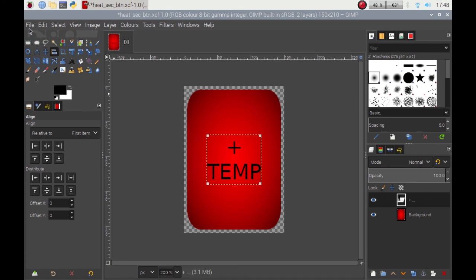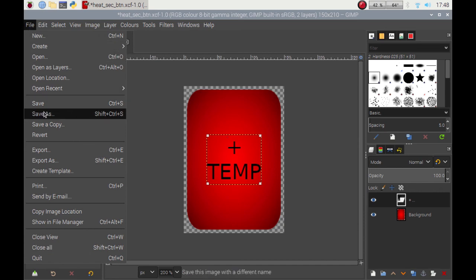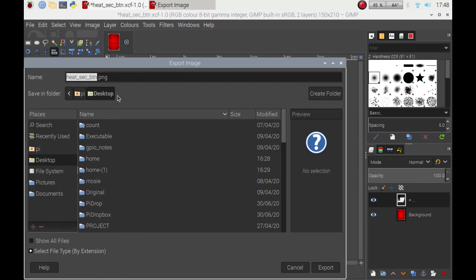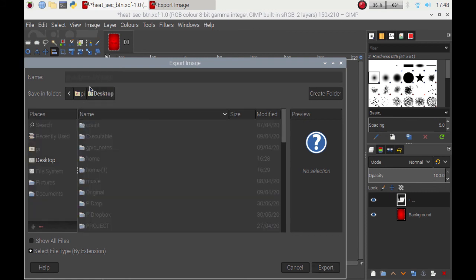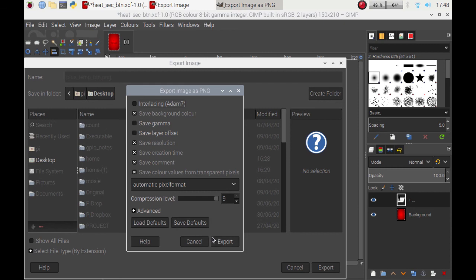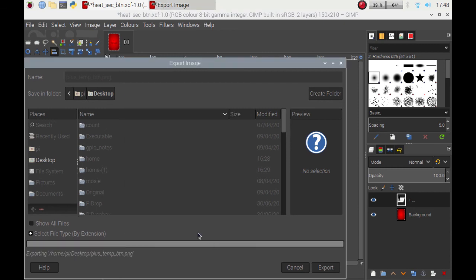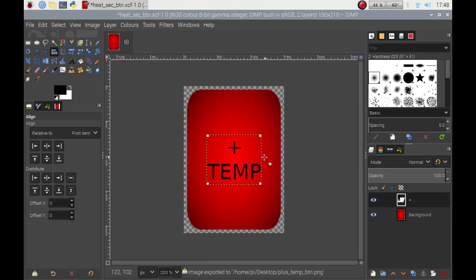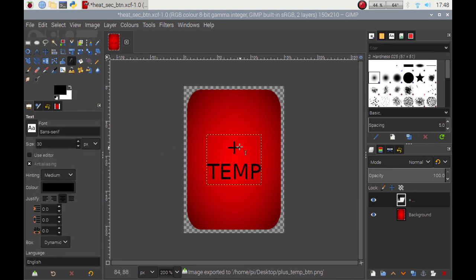Super. So now I want to export this as a PNG. I want it on my desktop, so I'm happy with that. And I want this to be my plus underscore temp underscore btn button. Press enter and then click export, and that's that done. So now I want to change the plus sign to be a minus,